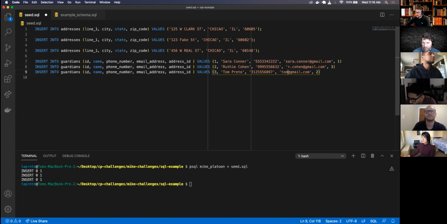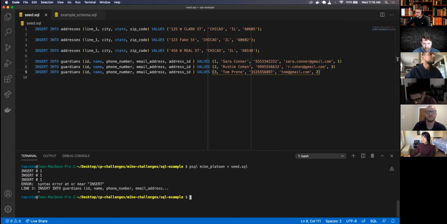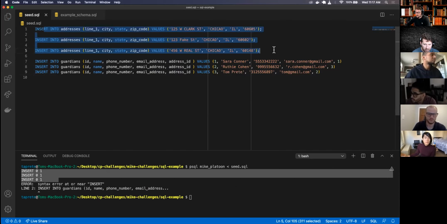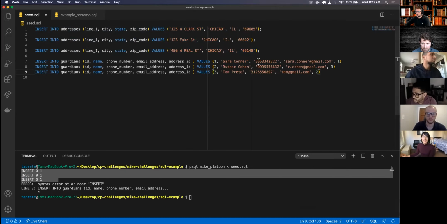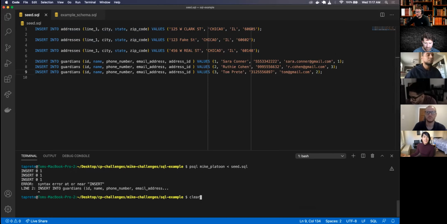Tom at gmail.com. Cool. So if I clear that and I run that, insert into guardians. Uh-oh, what happened? So I inserted these back in here, but I'm running into errors. Is it because we tried to put in the ID? Let's see. If I refresh this, crap, I just made a double duplicate. Okay. There's no semicolons. Exactly. There's no semicolons at the very end. Thank you. If I run that again,